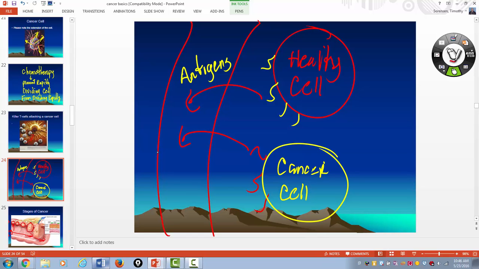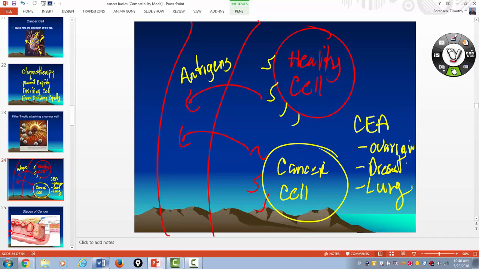You have probably heard of carcinoembryonic antigen, CEA, and that is used to help diagnose ovarian cancer, breast cancer, lung cancer, pancreatic and GI cancer. So it's called CA 125,